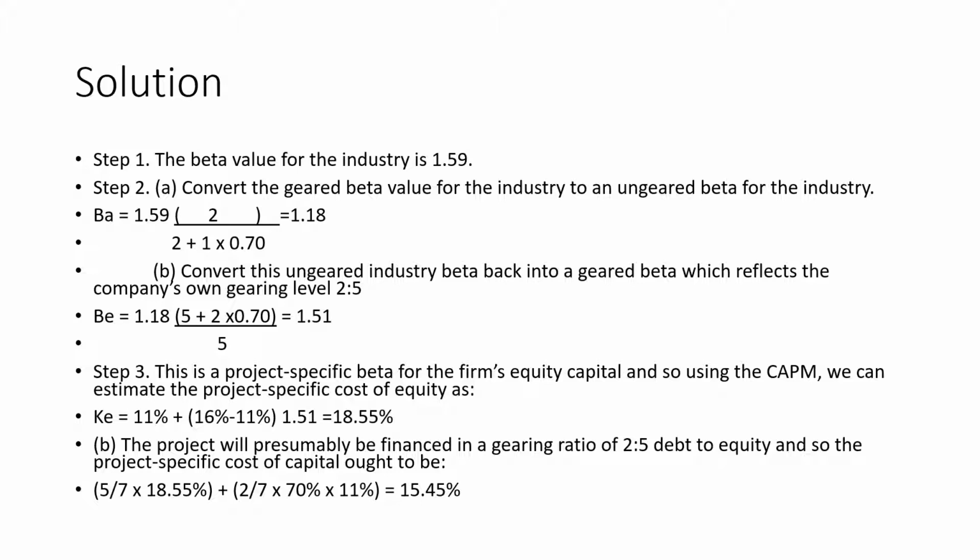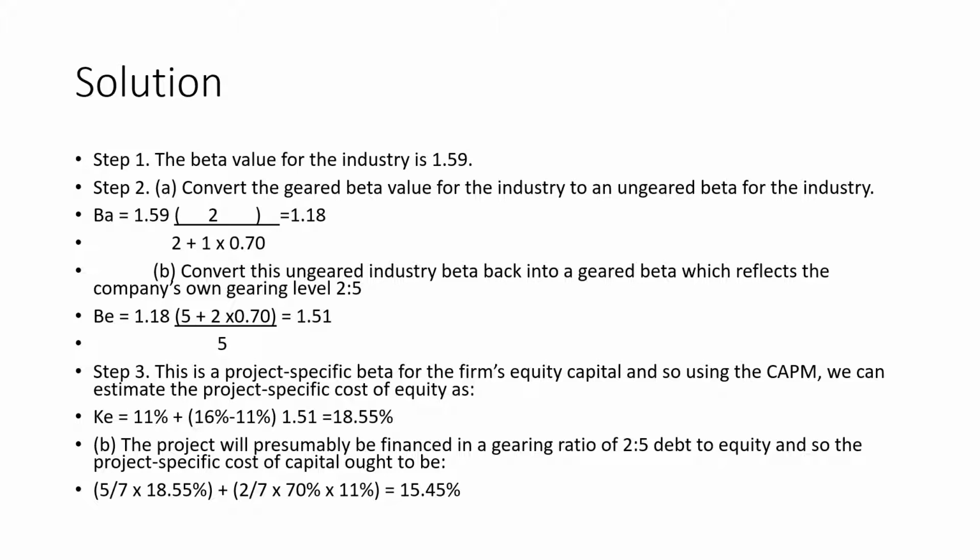and so using the capital asset pricing model, CAPM, we can estimate the project-specific cost of equity as Ke equals risk-free rate 11% plus open brackets market return 16% minus risk-free rate 11% close bracket multiply the beta, which is 1.51,